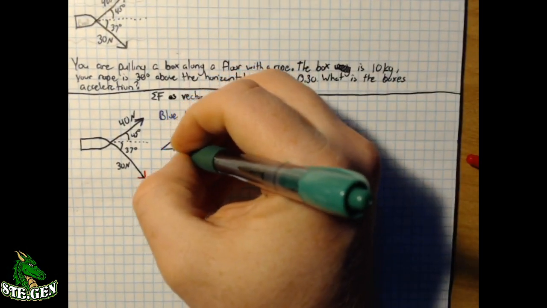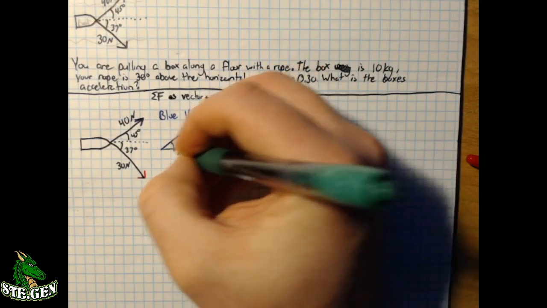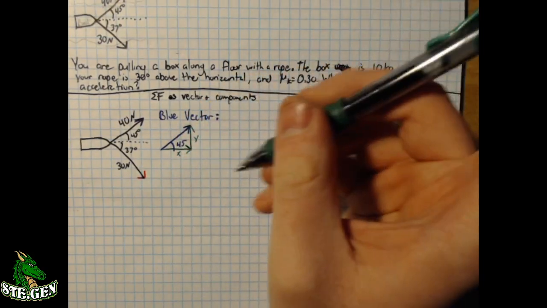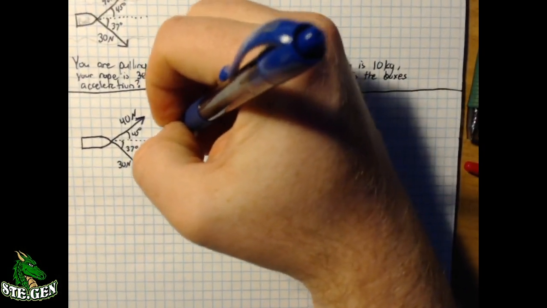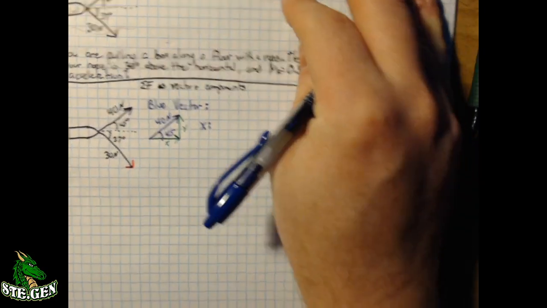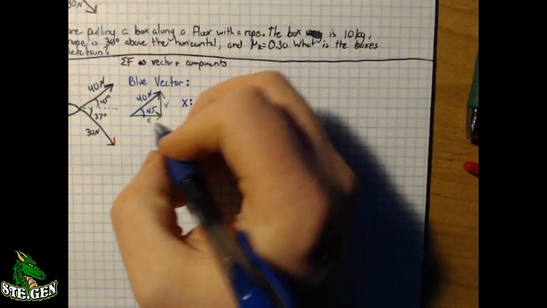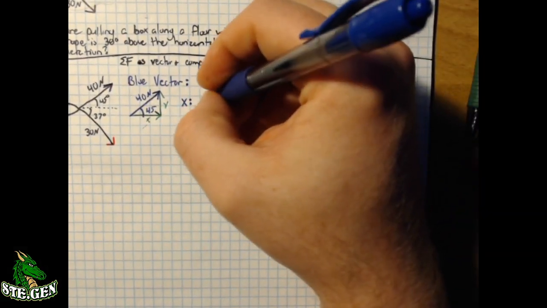We're going to have 2 components for it. I'm going to use green for the components. We're going to have our x and our y component of this vector. We know this is 40 newtons. To find our x component, we want the adjacent. We have the hypotenuse, that's 40. So it's going to be,